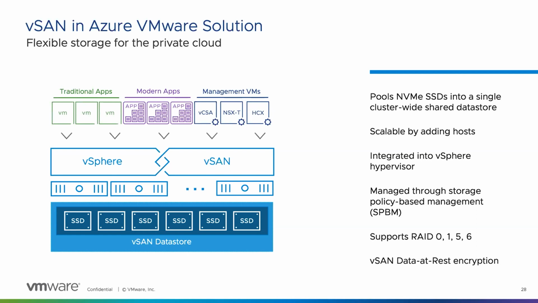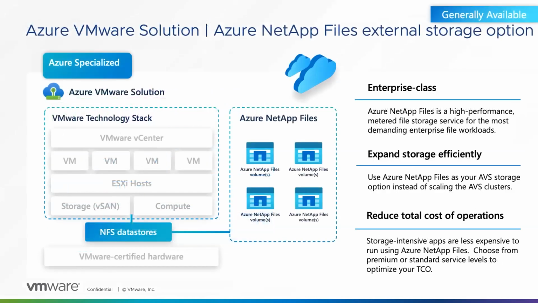And now let's look at some of the external storage options that you can use with AVS. Some of the most common, and one of the ones that we recommend the most, is Azure NetApp Files. So in addition to using your AVS storage, what you can do for storage intensive workloads is add an external storage like Azure NetApp Files. Azure NetApp Files is an enterprise class high performance file storage service. It supports any workload type and is highly available. And you can go into the Azure NetApp Files portal and set performance levels, create NetApp accounts, capacity pools, volumes,